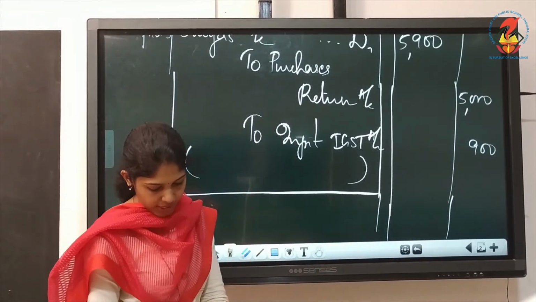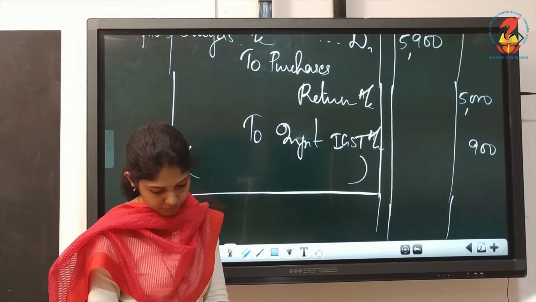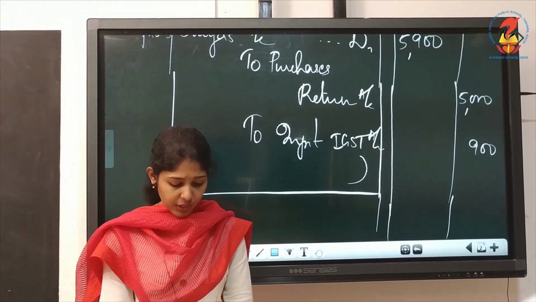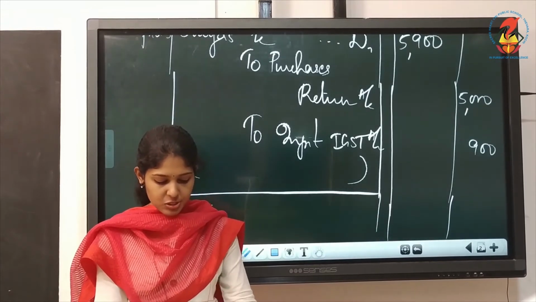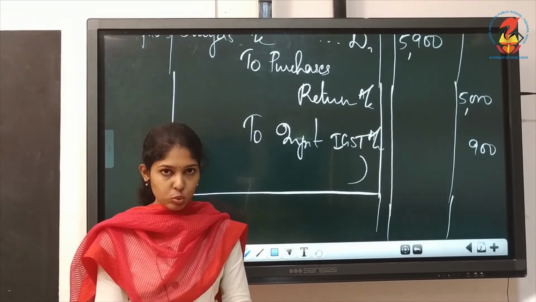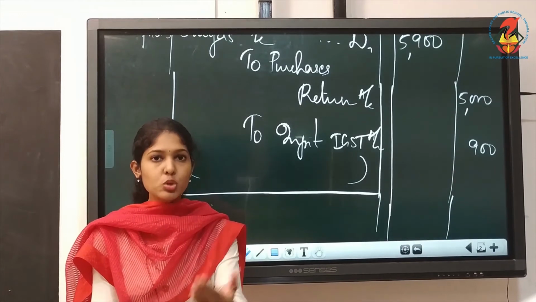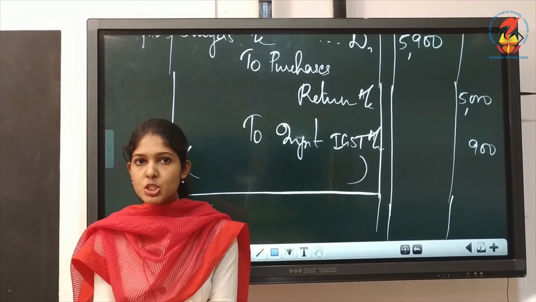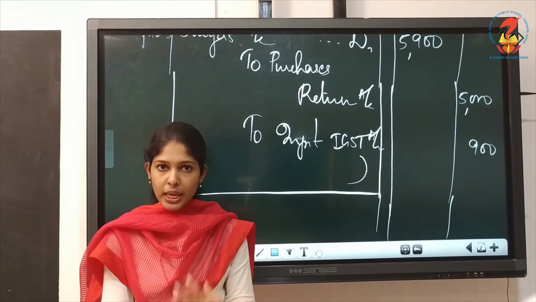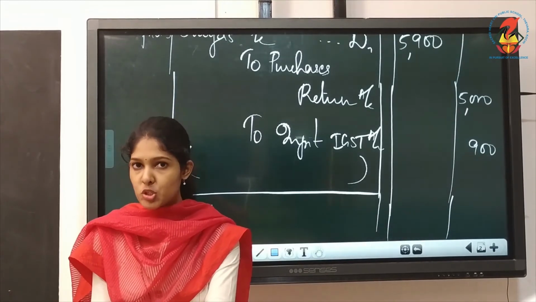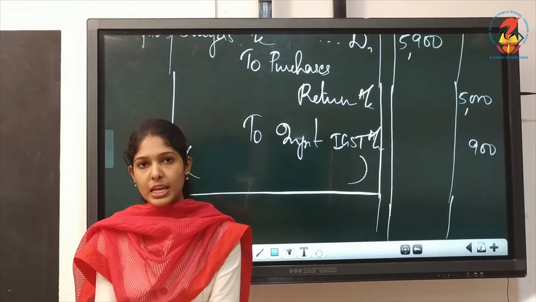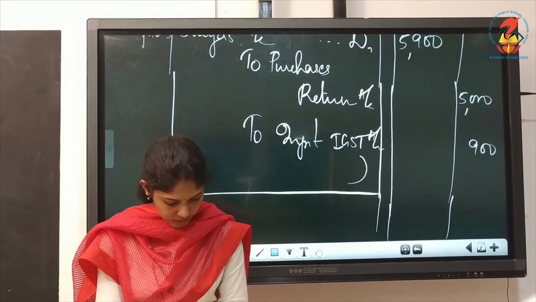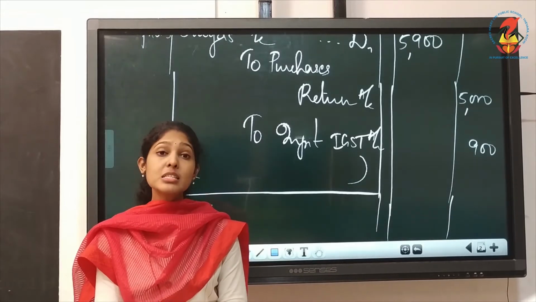Then the next one is on April 26th, that you can write yourself because it's easy. Withdrew from bank for personal use. So what's the journal entry? You are getting cash. Cash is coming into the business. What comes in to be debited? So cash account debtor, and it is withdrawn from bank. So you must write cash account debtor to bank account. Is it for personal use? Just read it. April 26th, yes, it's for personal use.